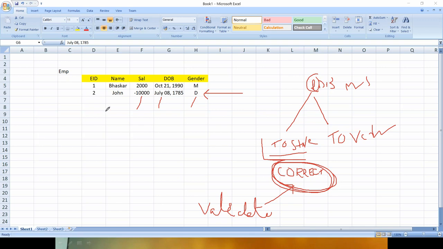So if you want to maintain correct data, somebody has to validate the data. Who is that? The RDBMS software itself. SQL Server has to validate the data. Oracle has to validate the data. MySQL has to validate the data. You are there to insert the data. Human beings will insert the data into the tables. If it is wrong data, who is supposed to validate it? SQL Server is supposed to validate it.